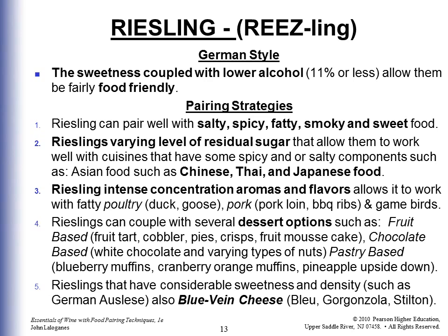So Riesling is a German style, sweetness coupled with lower alcohol, 11